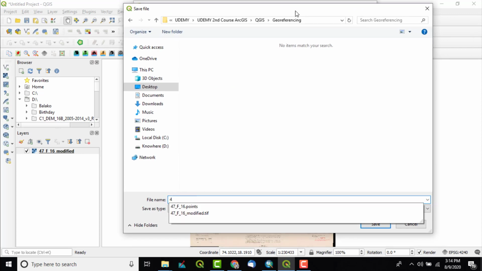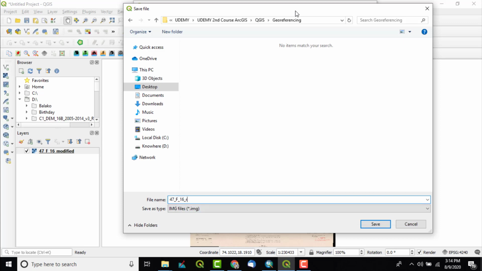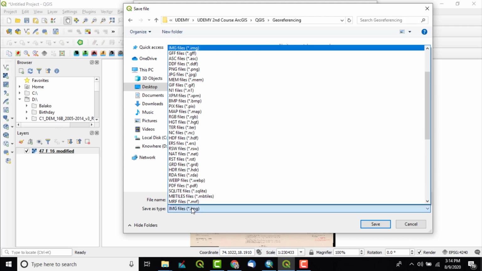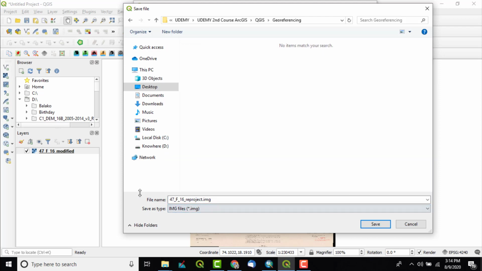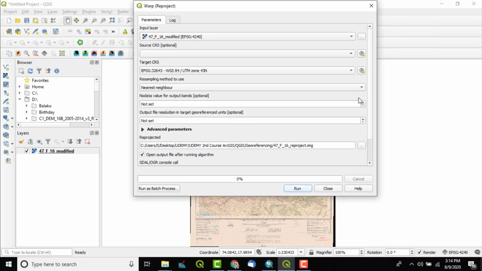Suppose I give its index number, and simply write reproject because I am reprojecting it, and .img because the save as type is .img. We can also change it. We can take tiff, geotiff, whatever. So img, and click on save. This much only we have to do, and click on run.